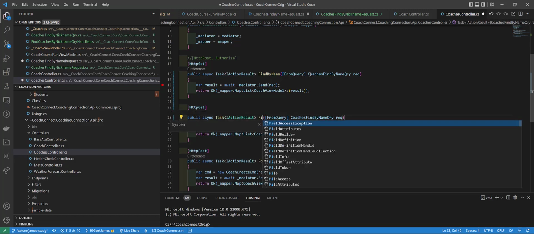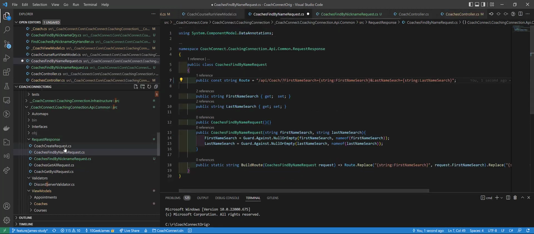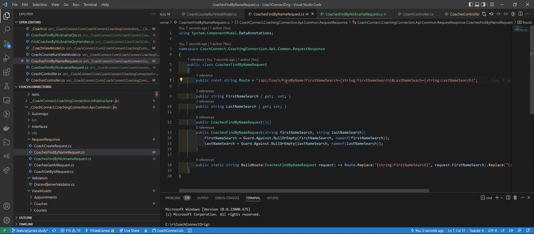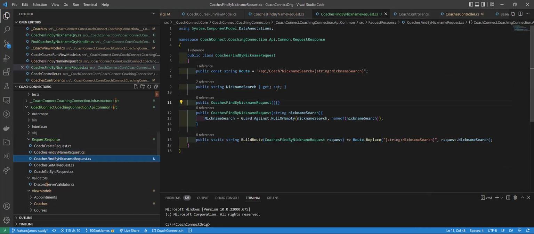I guess no matter how I type it, they're going to be very similar. So I'll just go for it. So this one needs to now know find by name because we've added that action to our route. And then this one, I'm going to keep doing that unless I decide not to. This one is not involved. We're looking for coach is. Find by nickname.